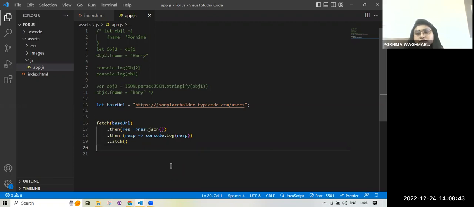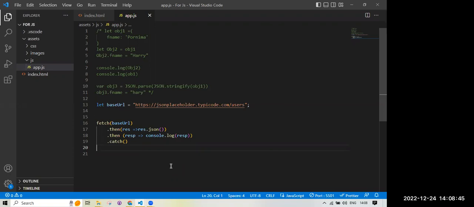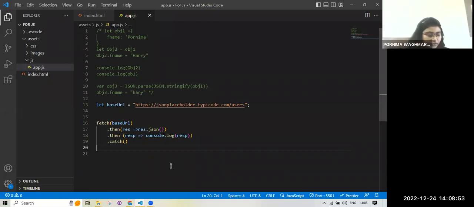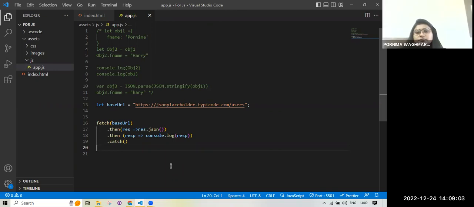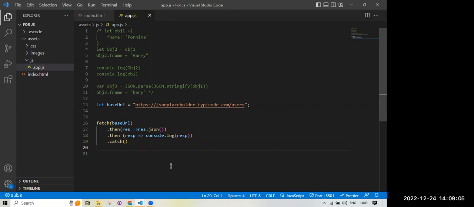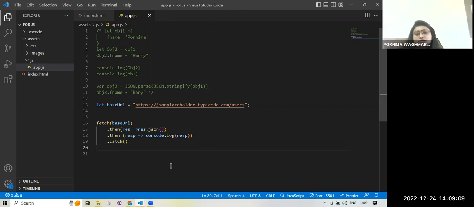For absolute path, for navigating, you just told earlier that activated route is a service, I think. Activated route is a service which provides us a current path. And for navigating, we use router service.